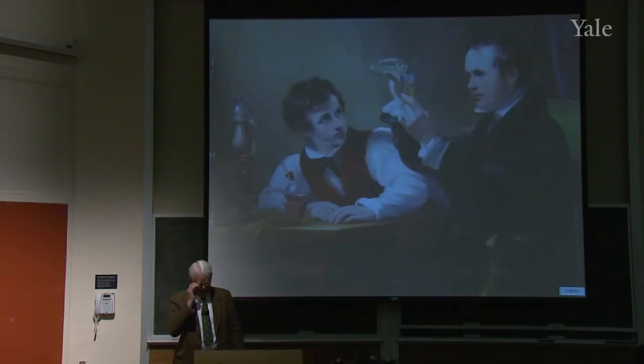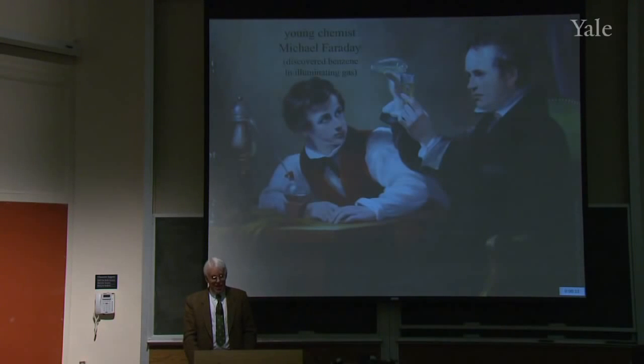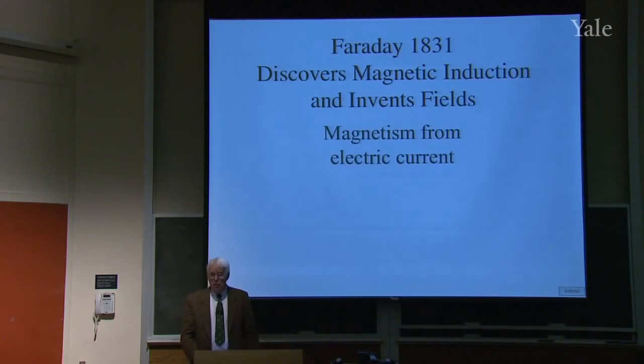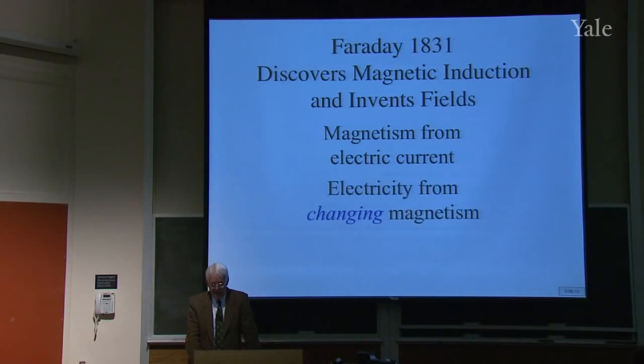Now here's a young Michael Faraday. We showed this picture last year. And he was a chemist, remember, and he discovered benzene in illuminating gas. We talked about that last semester. But that's not all he discovered. He also discovered magnetic induction, and he invented the idea of magnetic and electric fields. He thought they were real, that there were real little filaments there for these lines of force. And the idea that you can get magnetism from electric current and electricity from changing magnetism. So that's